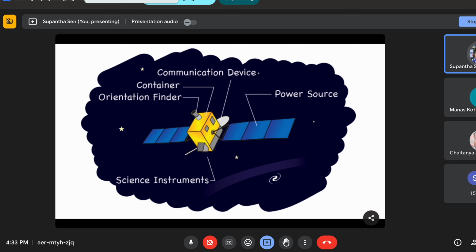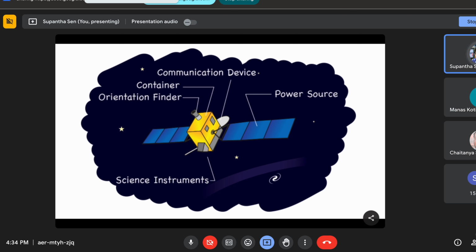Now the solar panel. As you all know, here on Earth when you put a solar panel, you orient it to the sun and you get the energy. But a satellite will revolve, so it will not always be oriented towards the sun. So we have to have a mechanism to orient the solar panel. If you see the earlier satellites, like the first satellites made by any global organization, they put the solar panels on the container itself in a circular fashion, so that wherever it is oriented, you will get sunlight.